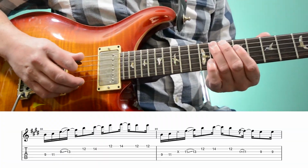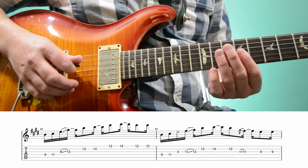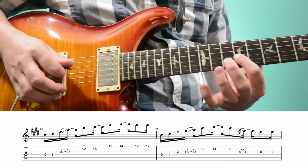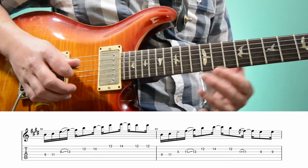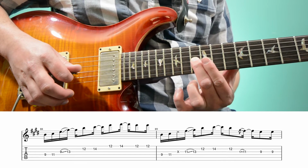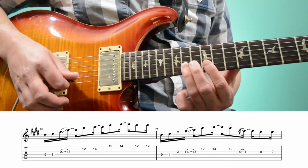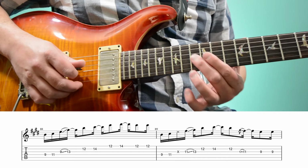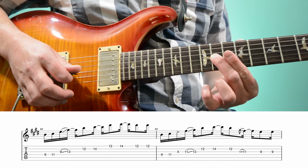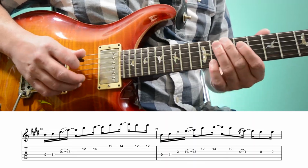Then the next measure, we have 9, 11 on the 4th, and then most likely he was going for the 9th fret of the 3rd string, but we just hear a muted note. Then the 11th, slide up to the 13th fret on the 3rd string, 12, 14 on the 2nd, 12 on the 2nd. Then a grace note slide from the 13th fret of the 3rd to the 11th fret of the 3rd, then the 9th fret of the 3rd twice. So we have